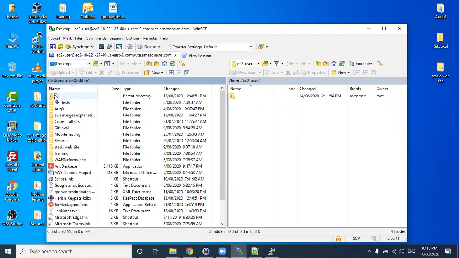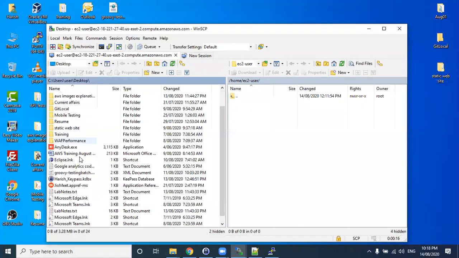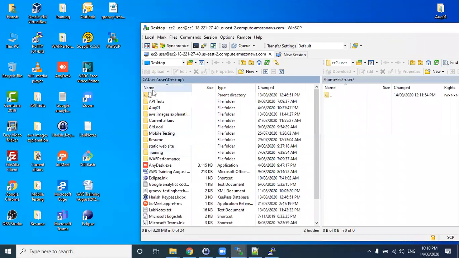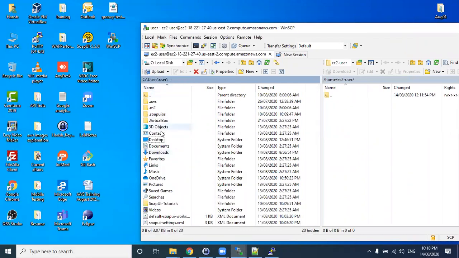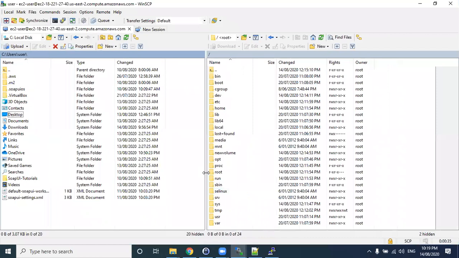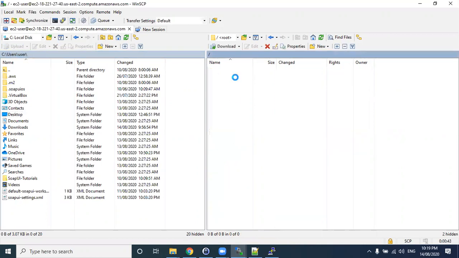If you see here, this is my Windows machine, which you are seeing here. Right now I am on my desktop. So you can see all my files, whichever are on the desktop, listed here. Like this, I can go to different folders like downloads or wherever I want. And here, this is my Linux machine which I have spun up right now. If you select the root folder, you can see all the folders which are already available here. For example, we have created new volume, right? This new volume is nothing but what we created right now. Nothing is there inside this.